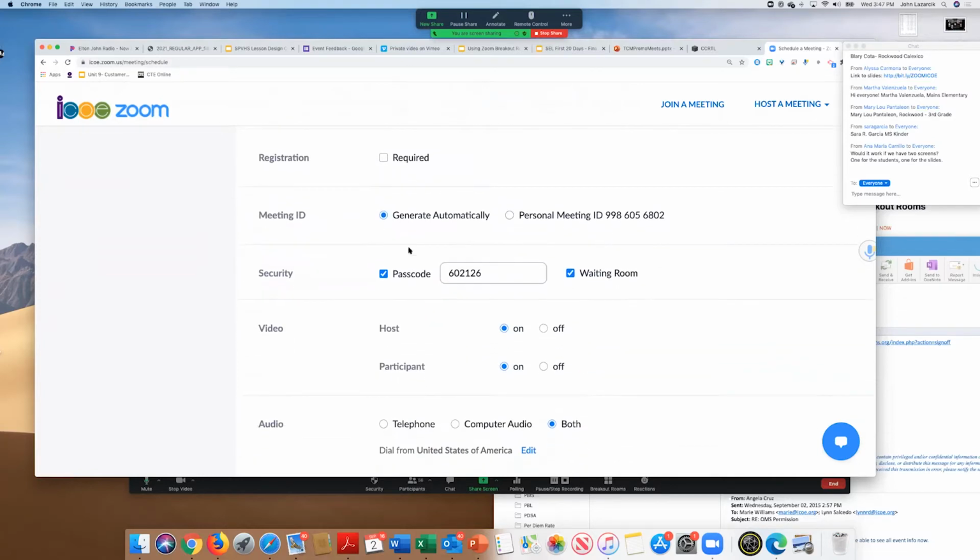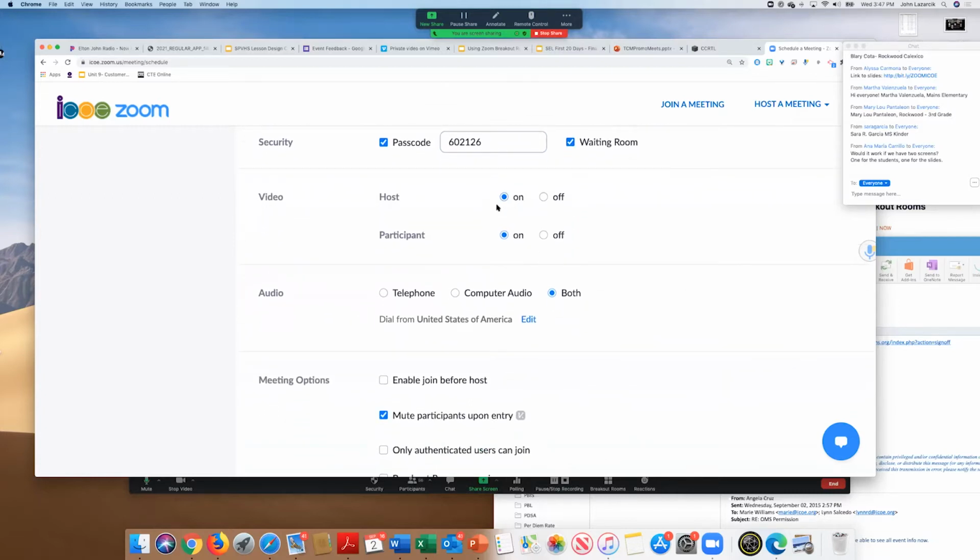For the one that you joined, I put a passcode, and usually if it's a meeting that is held outside of ICOE, I will put a passcode there, right? If you don't want a passcode, you can click it off. It randomly generates a passcode. I put you guys in a waiting room, and maybe for you and your students, you don't feel that's right. You can click off the waiting room. It's totally up to you.